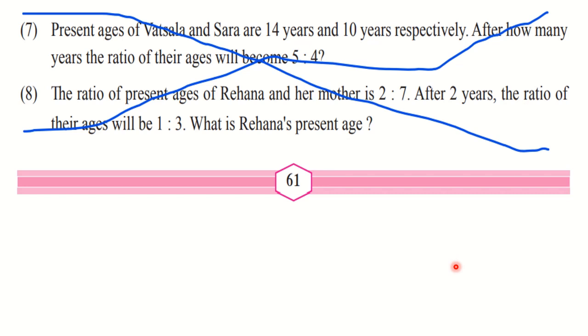So from problem practice set 4.1, these two questions 7 and 8, they are reduced, they are cancelled. So take a note of this, make this change in your textbook or notebook. Write down that questions number 7 and 8 from practice set 4.1 are not there. Okay, so today we have completed all the sums based on the ratio and proportion concept. Now we are going to discuss the new things about ratio and proportion. Okay, but in the next lecture.